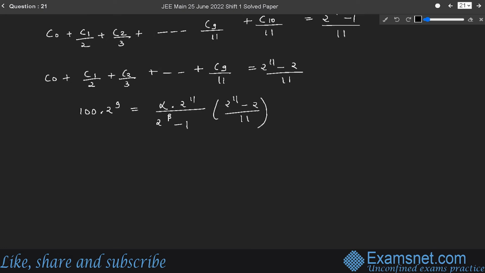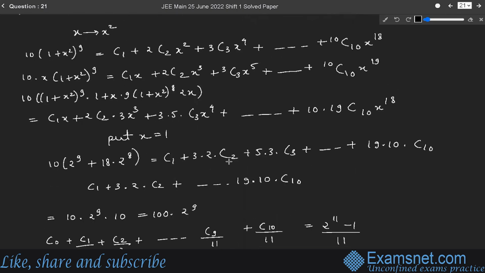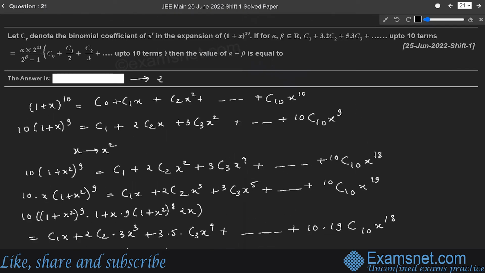Therefore, we can say that an equation of the form y is equal to k into 2 power x minus 1 has infinitely many solutions, even if we take both x and y belonging to natural numbers. Therefore, we can say that for this question, the answer will be 286. So, the correct answer after calculation is 286.